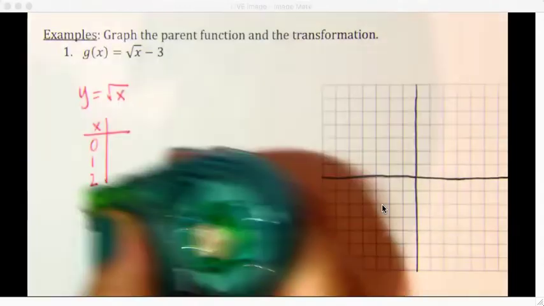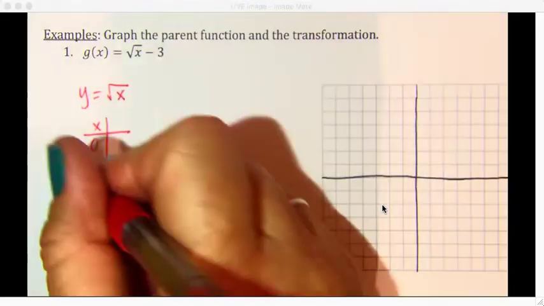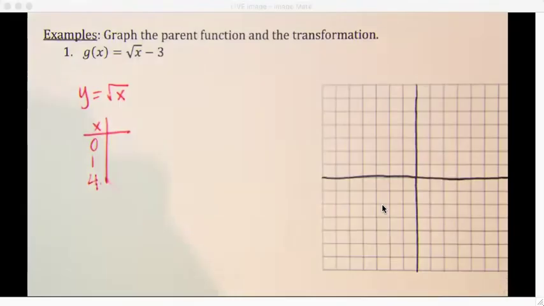I'm not going to use 2, and I'll tell you why. I want to plug in something I know the square root of, and 2 is not a nice number to take the square root of, but 4 is. So